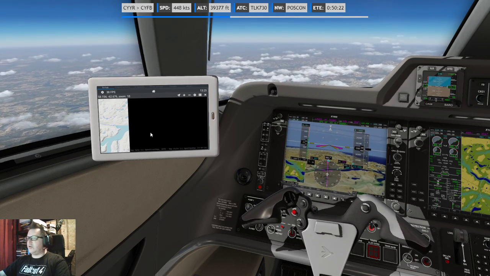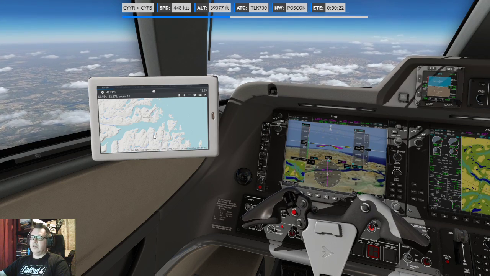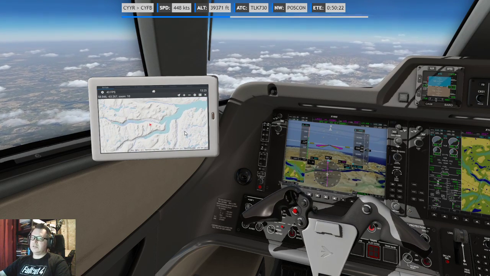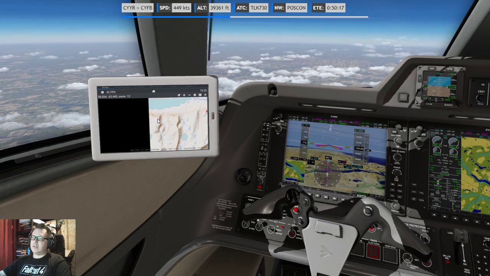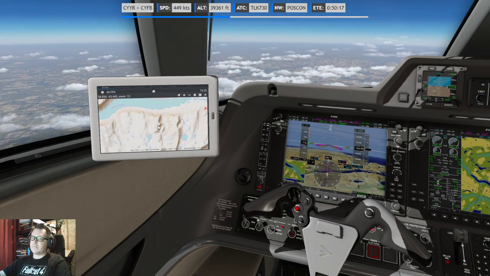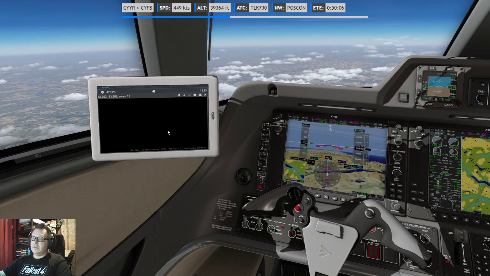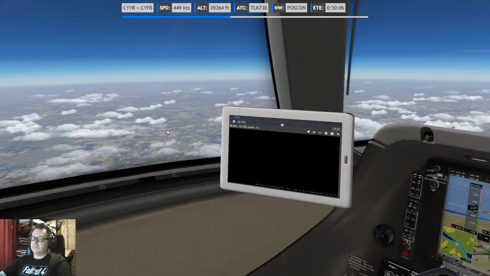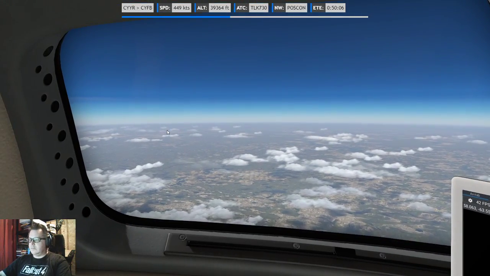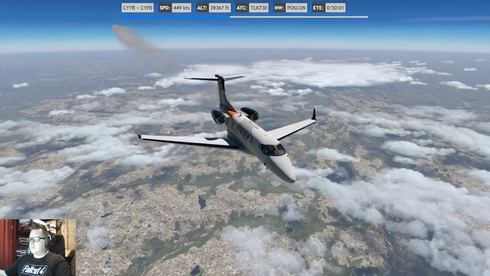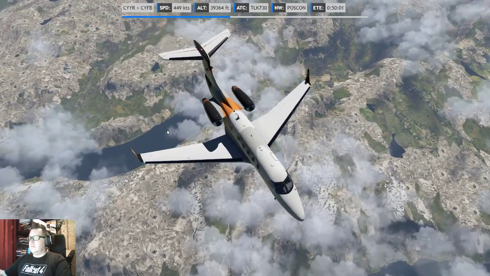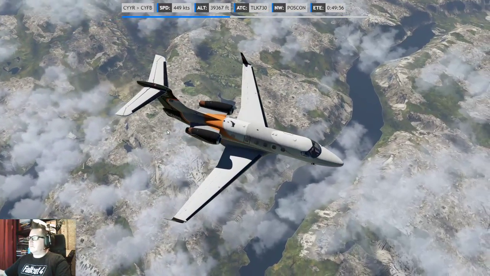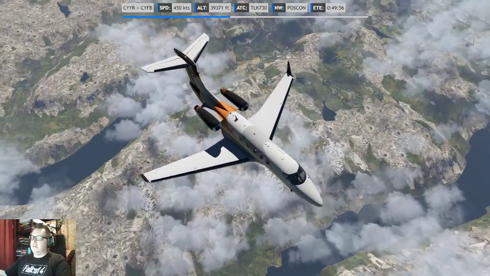Or it's actually, oh no, it's actually like a fjord. Oh man. Right, there's a lake under here. That's a lake. Nifty terrain.